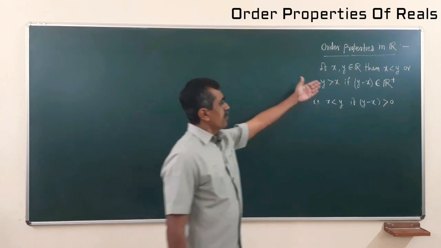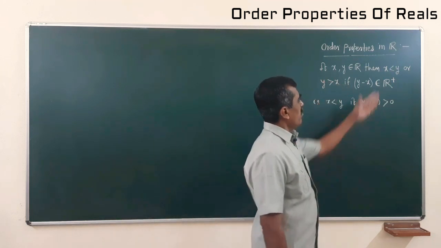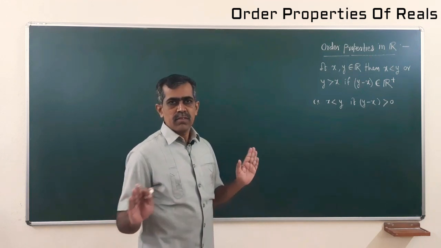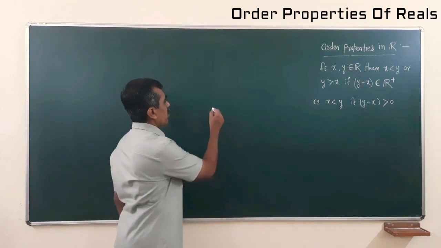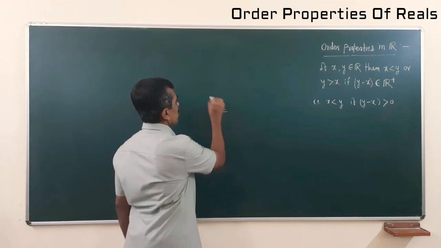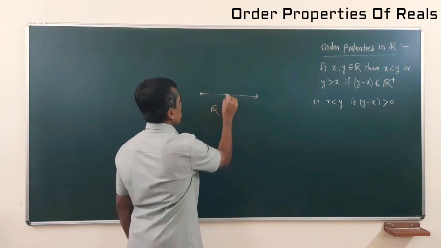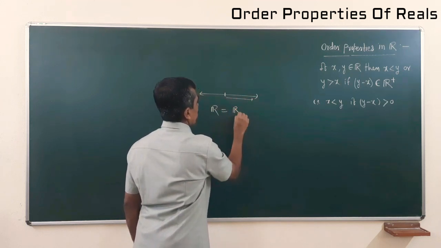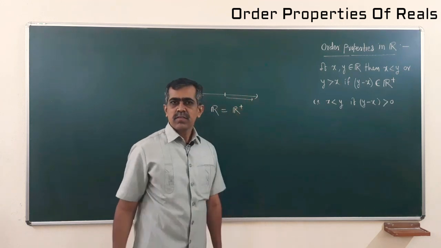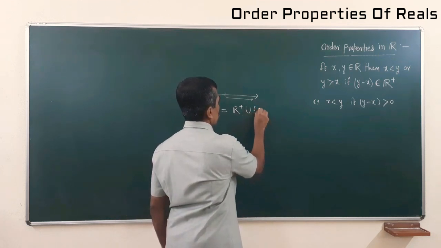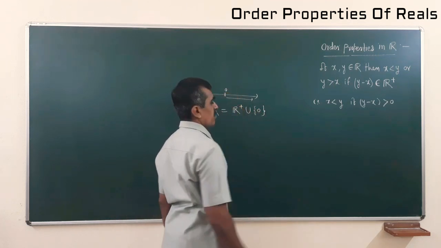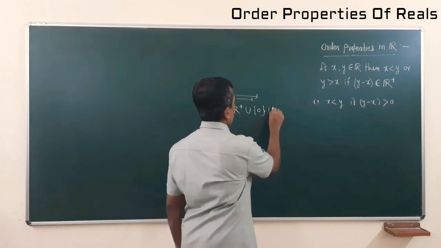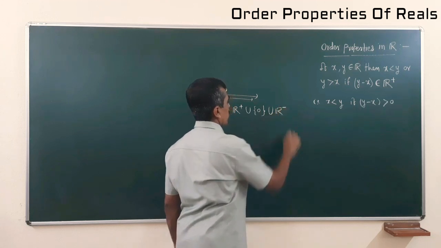Okay. So see, what is R plus? R plus is the set of all positive real numbers. Already I have told you how this set R, this whole real line, consists of all positive real numbers, denoted by R plus. Then 0, and to the left of 0, there are negative real numbers, R minus.